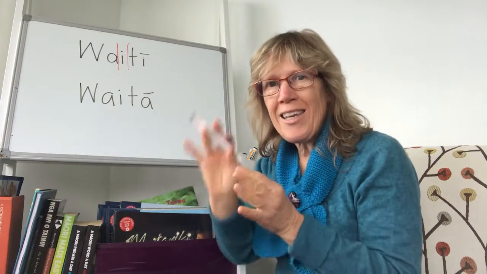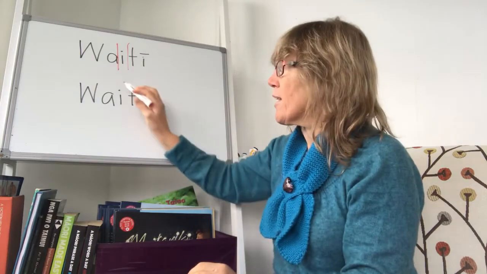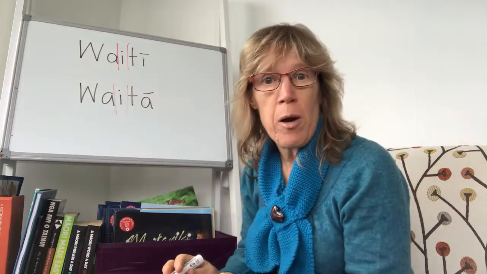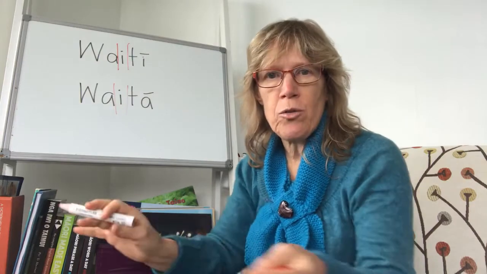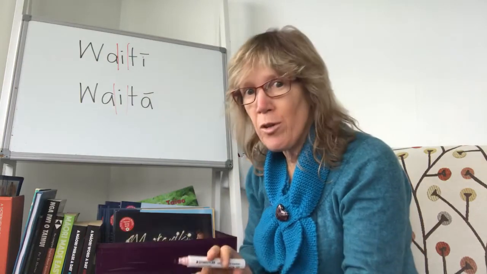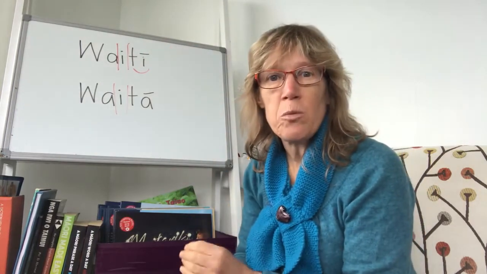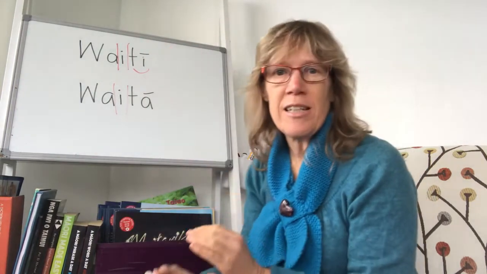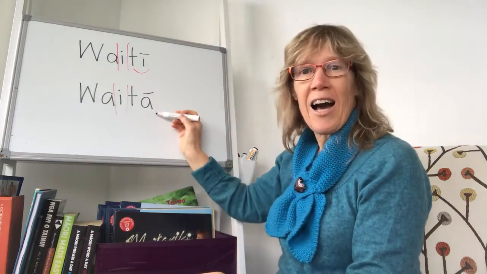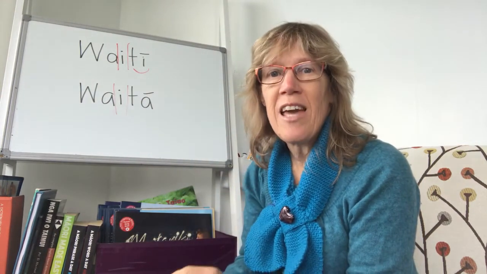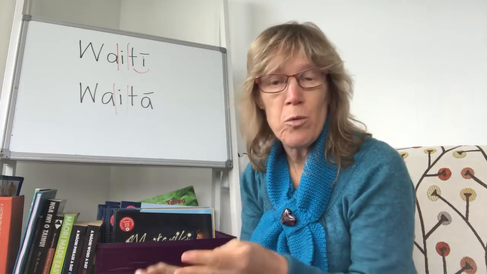Wai turns into wai, and you know that's about water. So these stars are referring to and connected to different bodies of water. So Tī is about sweetness, and the Tī is referring to fresh water, and Tā is about saltiness, and the Tā is referring to seawater, salty water.